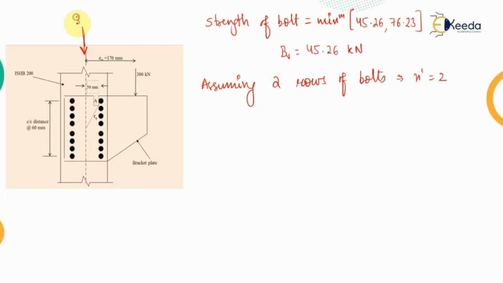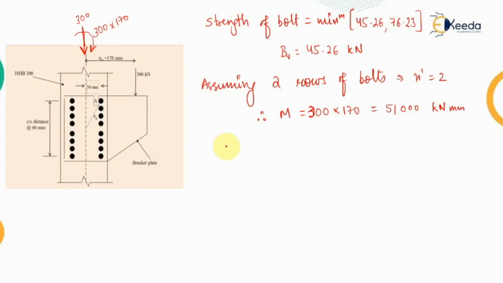That will be equal to 300 kilonewton. That means the load will be transferred, and corresponding to it a moment will also be transferred, which will be equal to the load value into the eccentricity. So from here, if we calculate the moment, this M will be the load, that is 300 kilonewton, into the eccentricity, that is 170. So this value comes out to be 51,000 kilonewton millimeter. That value is in kilonewton and this is in millimeter, so the unit has to be kept in mind.